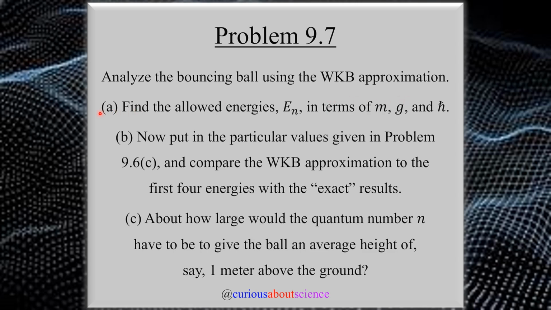In part A, we want to find the allowed energy levels En in terms of m, g, and h bar. In part B, now put it into the particular values given in problem 9.6c, which were for m and g, and compare the WKB approximations to the first four energy levels with the exact results, which